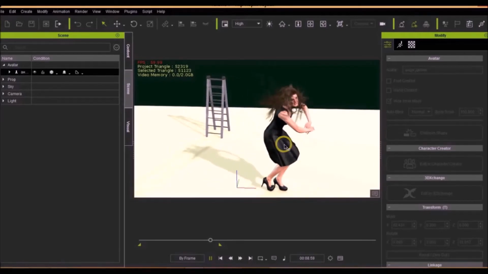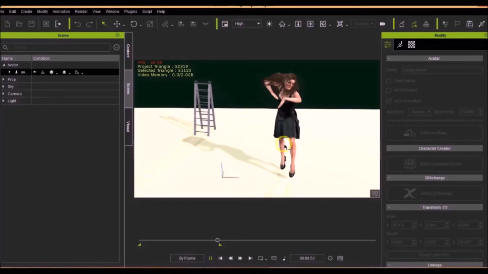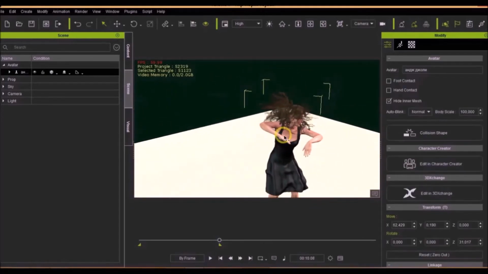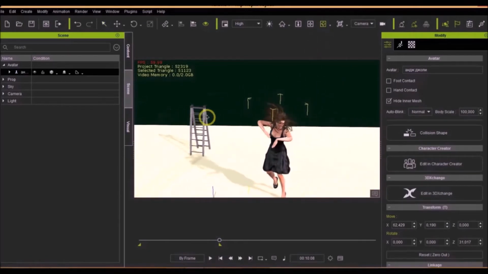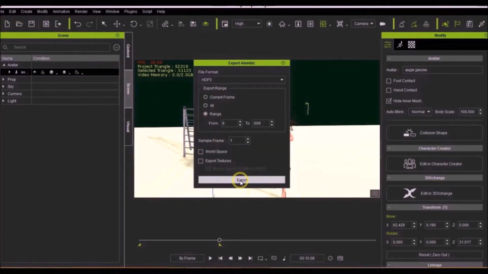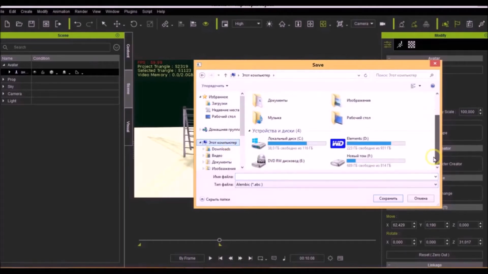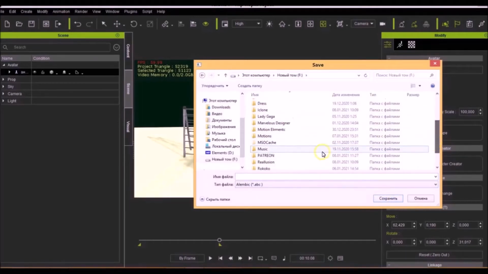Select the file format. It could be HDF5 or a Java. The format you choose here depends on your preferred file import settings for Cinema 4D, Maya, 3ds Max, and others.